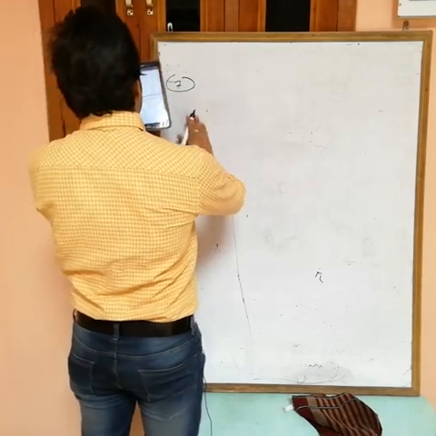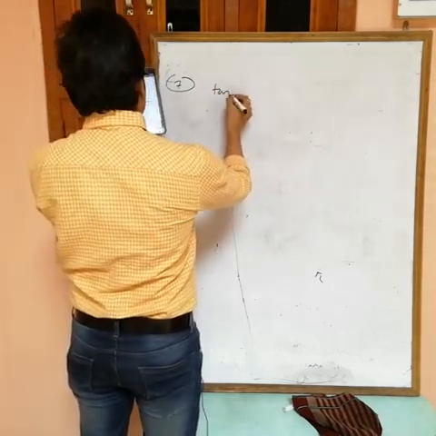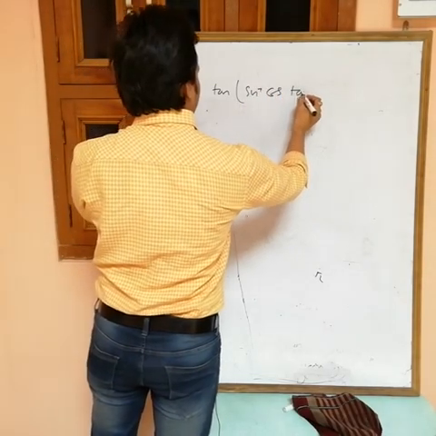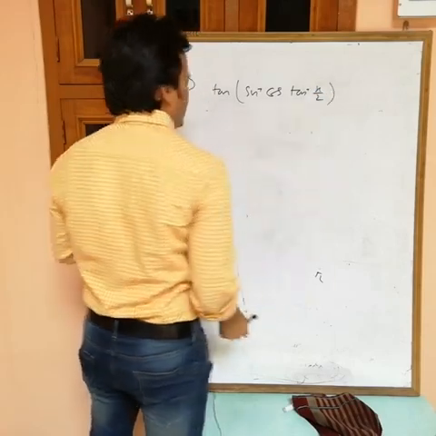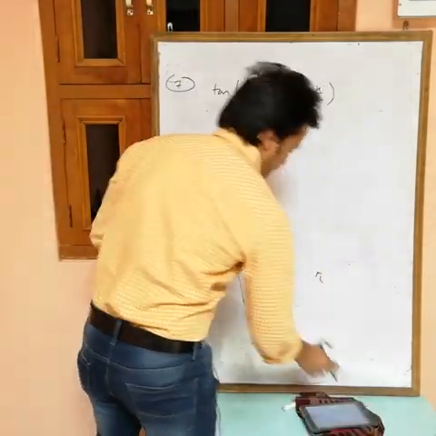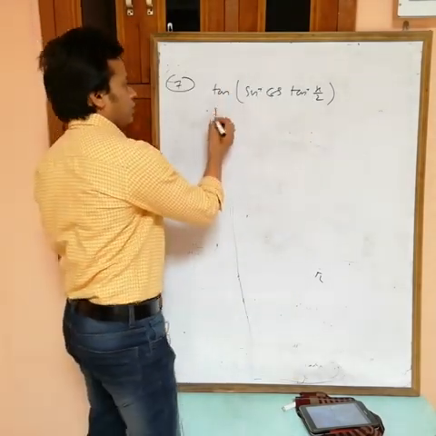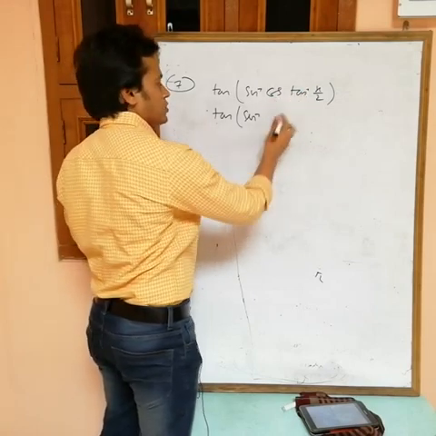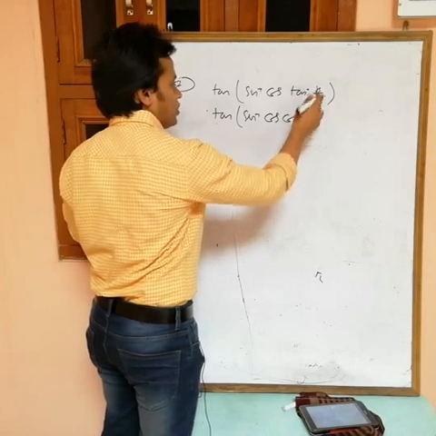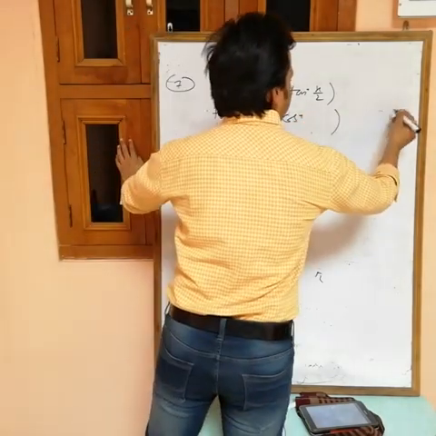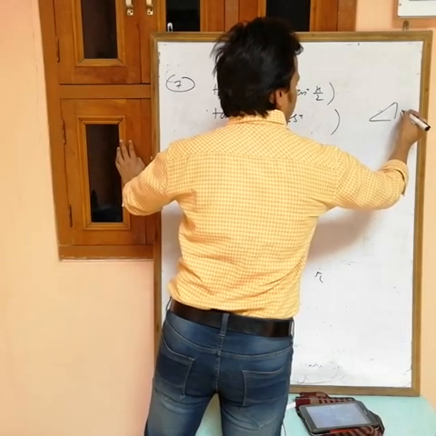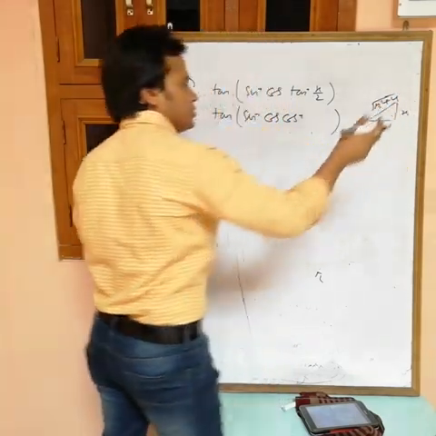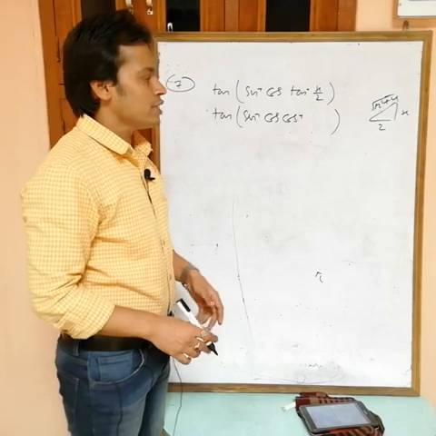Seventh, the algebraic expression for tan of sine inverse of cos of tan inverse of x by 2. Just use interconversion. Now see, tan of sine inverse of cos of something, to cancel out cos we want this in terms of cos inverse. So I have to change this. If it is tan inverse, then this is P by B. So P is x and the base is 2, then the hypotenuse is root x square plus 4, root of this square plus this square. Now if you want to write this in terms of cos inverse, what do we have to write?